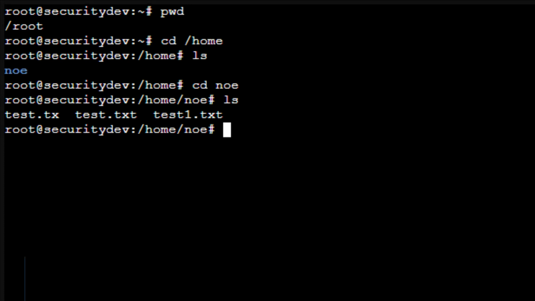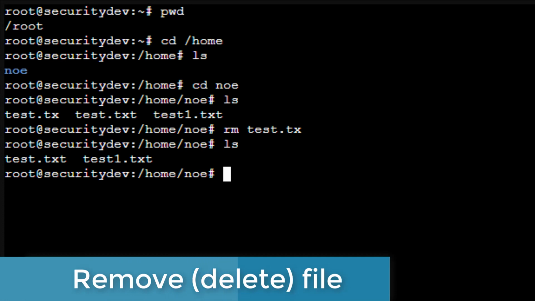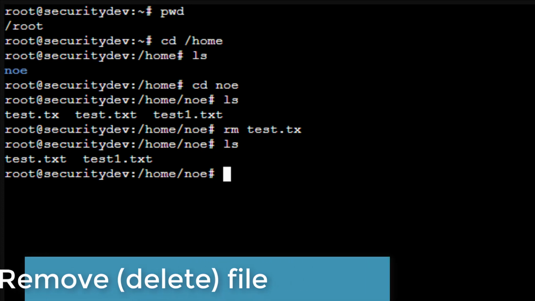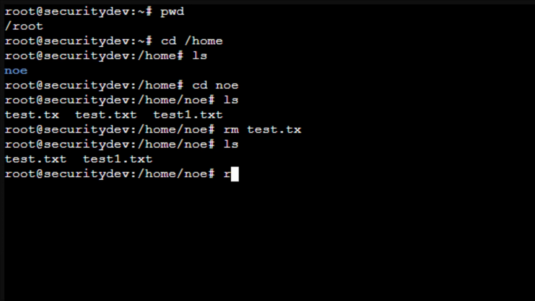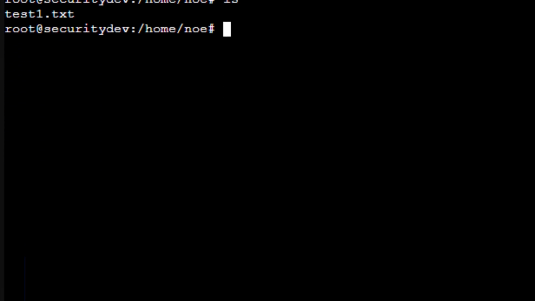Now what I want to do is teach you how to remove those files. So I'm going to say rm test.txt, and then if I do an ls, that one file is gone. Once again, rm test.txt, and that file is gone. I keep using the ls to relist it. Now before I remove the last one, I'm going to say